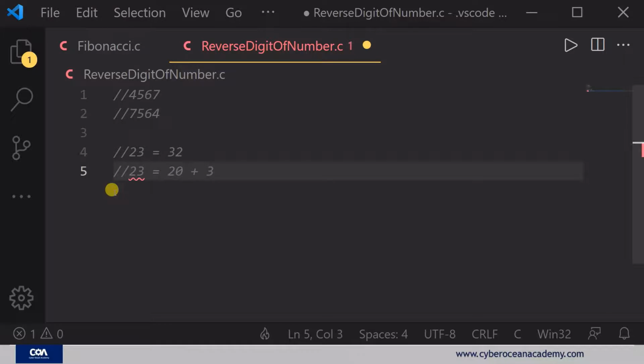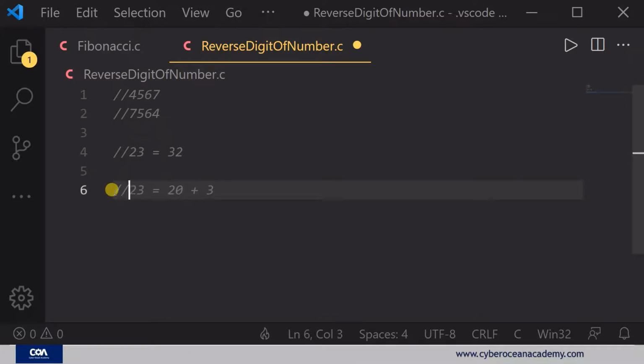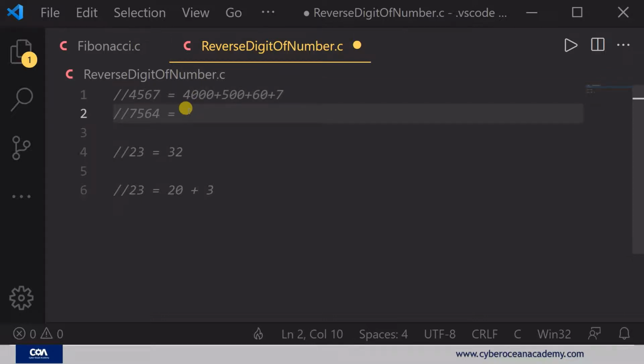Also, if you count each and every single digit, you also have to understand the place value of each and every number. So here 4, 5, 6, 7: the place value of 4 is 1000. Okay, so this is 4000 plus 500 plus 60 plus 7. And when you want to reverse this number, it will become 7000. Sorry, this is not the reverse of this number. 765,